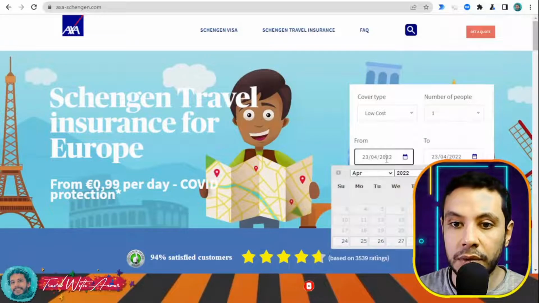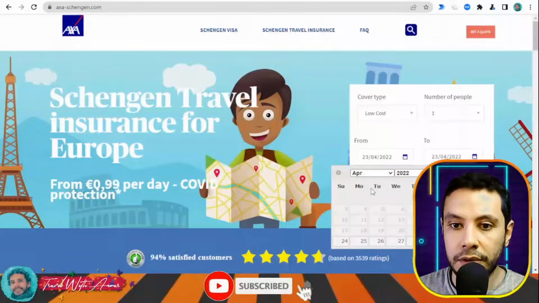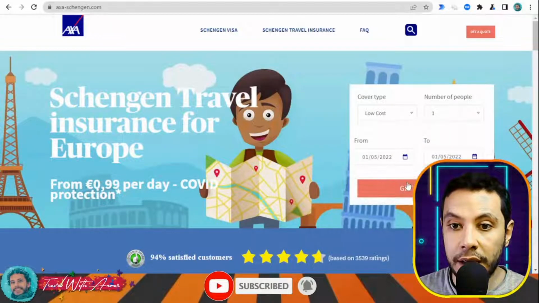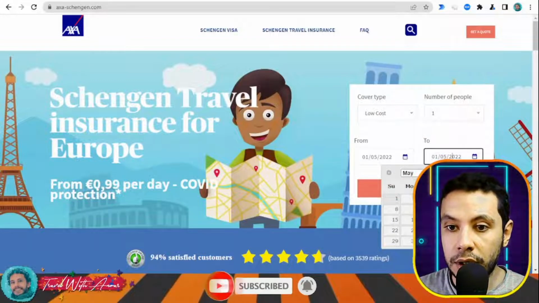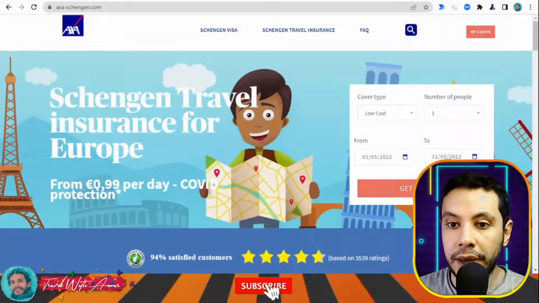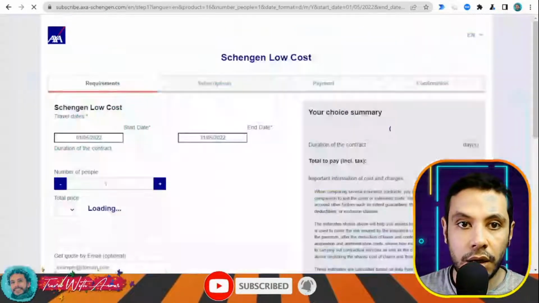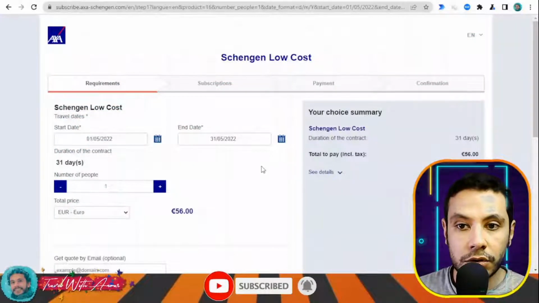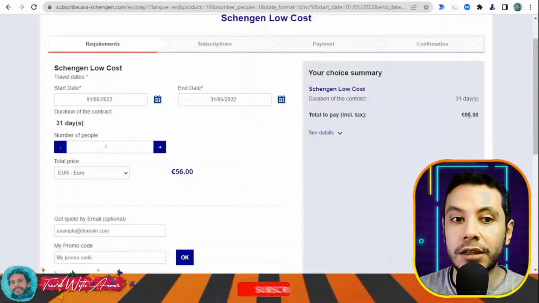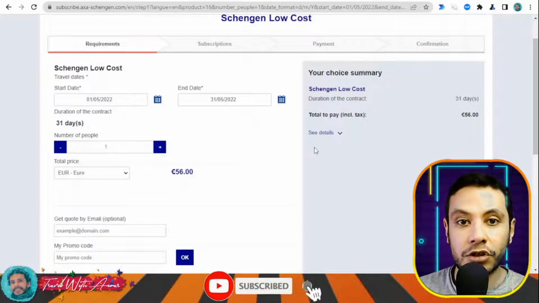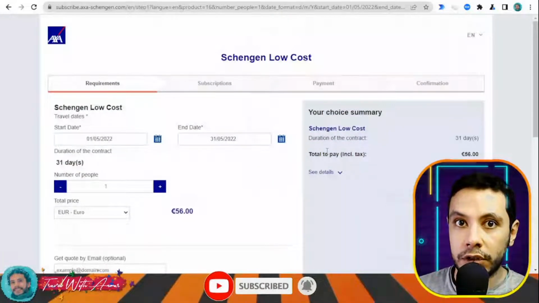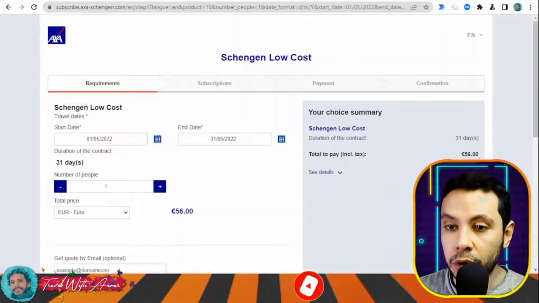I'm traveling, let's say, on the 1st of May, and here is the end of May, and get a quote. So this is the price that I got. This travel insurance for 30,000 euros will cost me